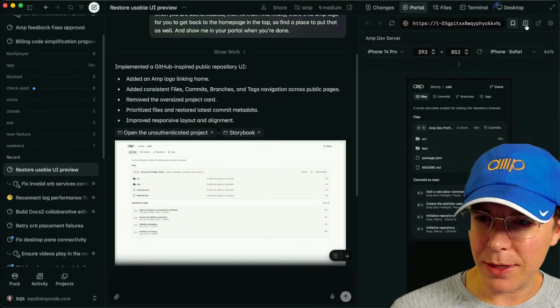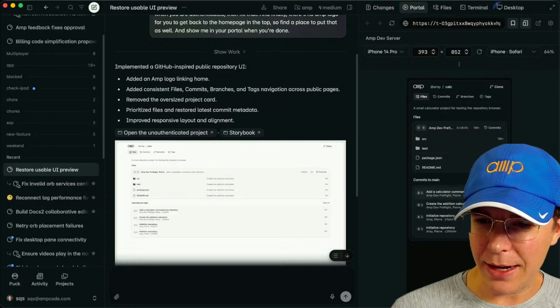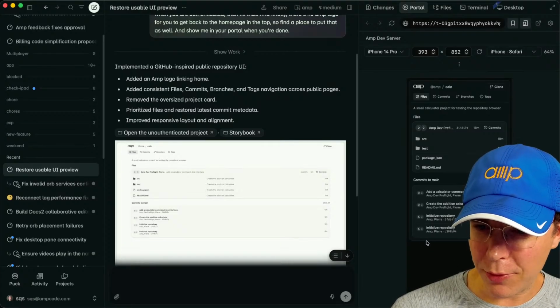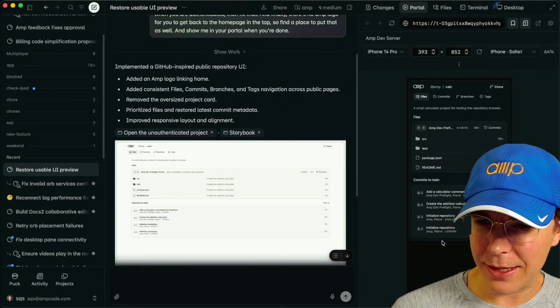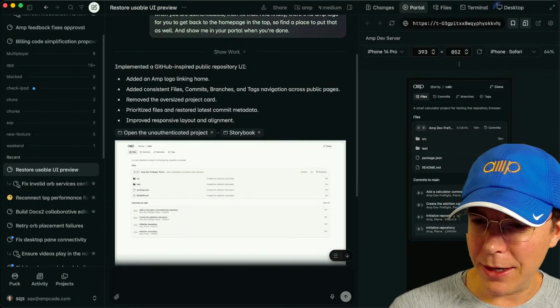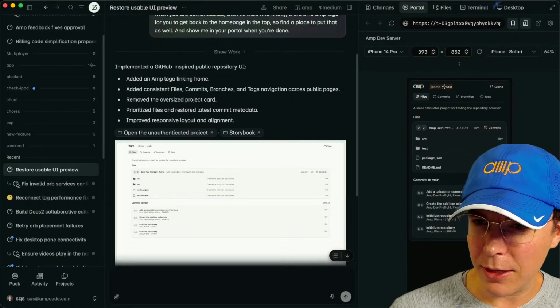We can try it in some different devices. Brett just added this mobile view. That's pretty cool. I think it would probably be nice if that thing extended all the way to the bottom, but I will talk to him about that. Clone, nice and simple. Ooh, that looks weird. You see the underline, it looks a little janky there. So I'll say,